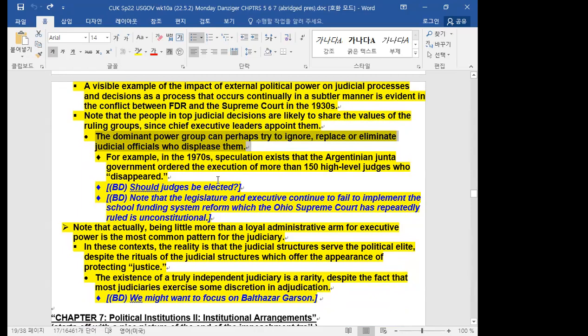So, for example, in the 1970s, speculation exists that the Argentinian junta government, the military dictatorship in Argentina, ordered the execution of more than 150 high-level judges who disappeared. And I wouldn't doubt that that is a concern for Russian judges today. Unlike the Communist Party in the People's Republic of China, where there is the institutionalized expectation that the party provides the leadership in society, the Russian Constitution, written in the 1990s under Boris Yeltsin, has the wording and rhetoric and ideology of liberal democracy, but judges know that assassination is a not uncommon